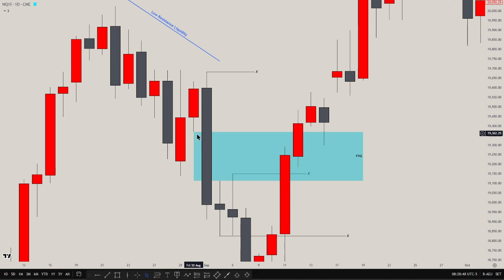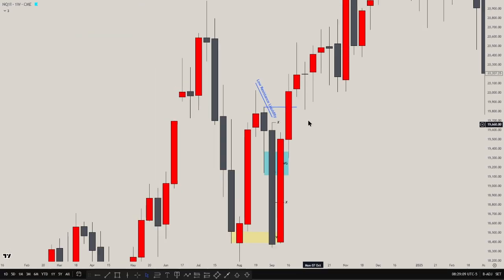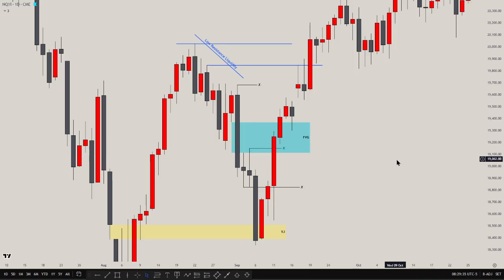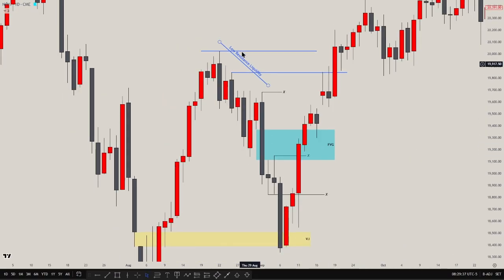So then I'm looking at the PD array that we're trading inside instead. Remember from earlier? Now what else may I use? I may use a weekly high or a weekly low. So here on a weekly chart, forgive me for it being a little bit messy, but that is previous third week high, and we can just look at this one as well. So we know the likelihood is it's going to start drawing towards this upside here. So if you're looking for bullish days, because it's going to draw towards the upside,